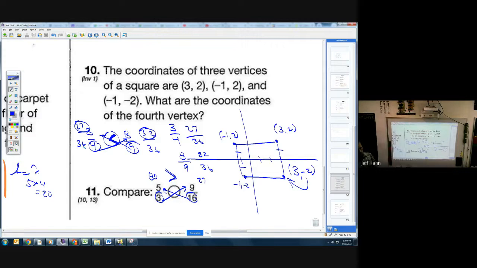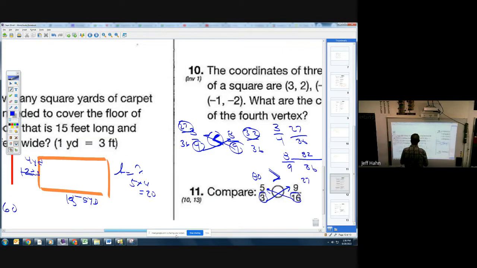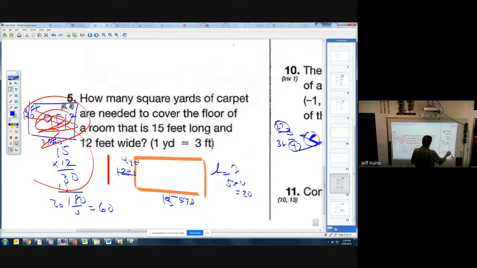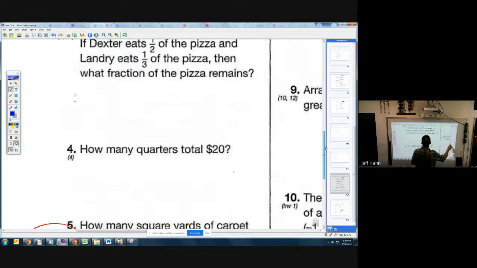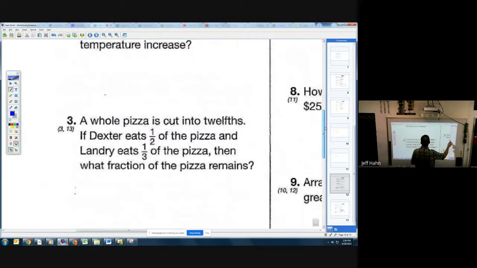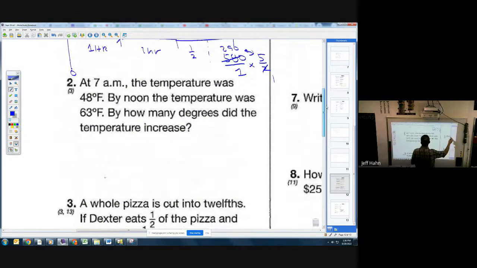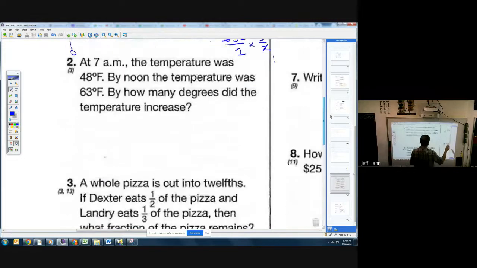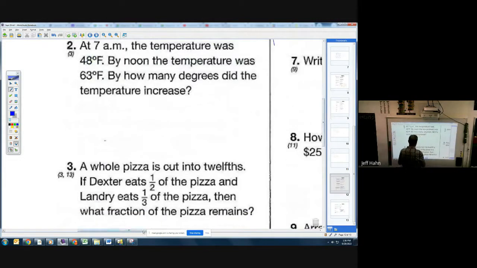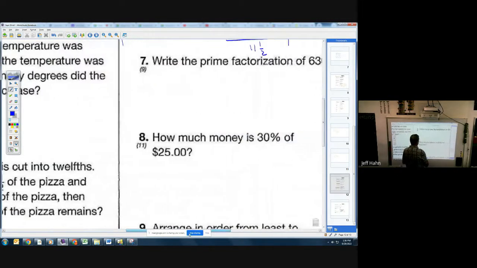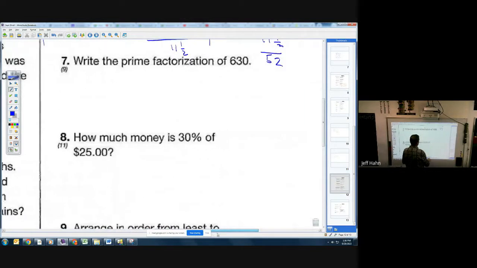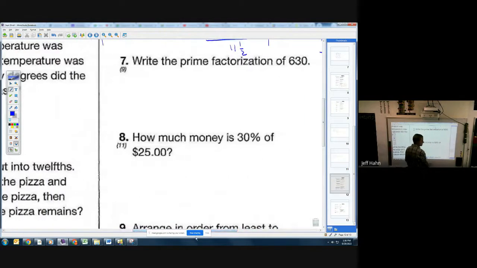More questions, children. Ryan, I know you got one. There's got to be something. No? Everybody got all the rest of them right? Let it be said on the video that nobody, I repeat, nobody, after looking at all of these problems with quarters and $20 and a pizza cut into 12 and the temperature and how much money 30% of $25 is and prime factorization,